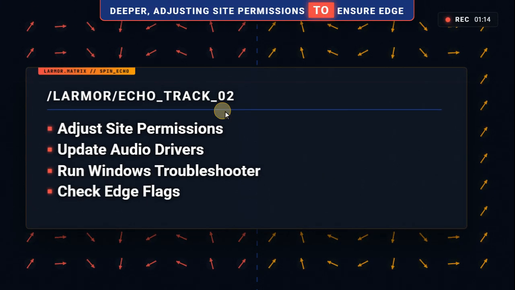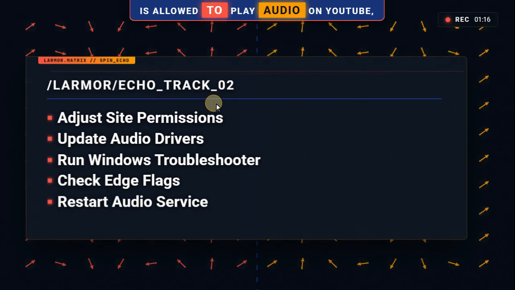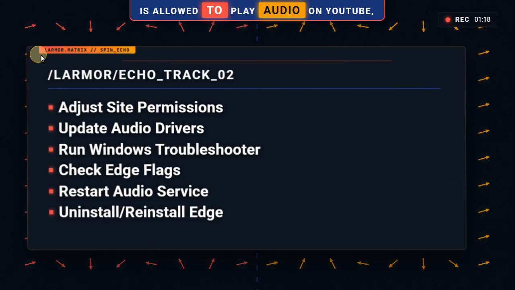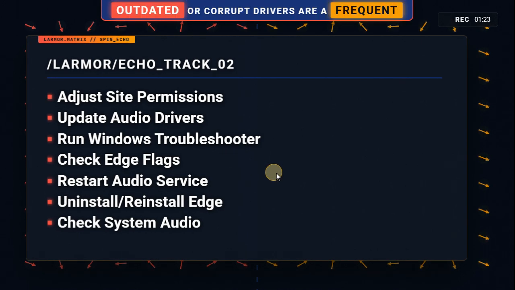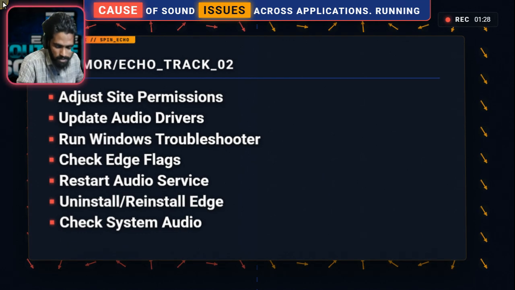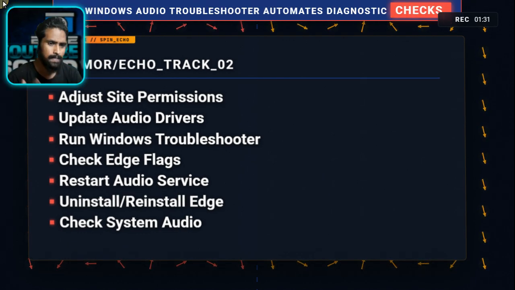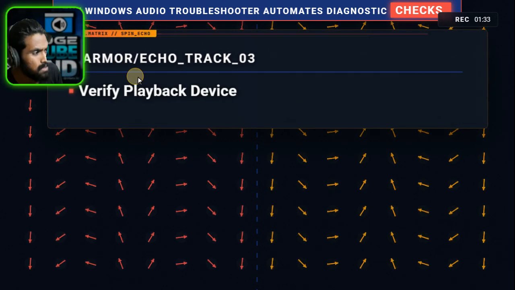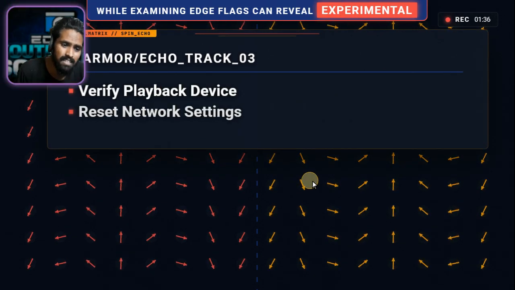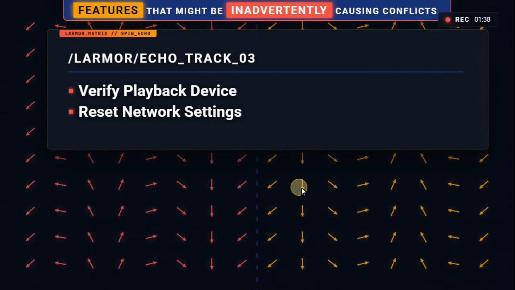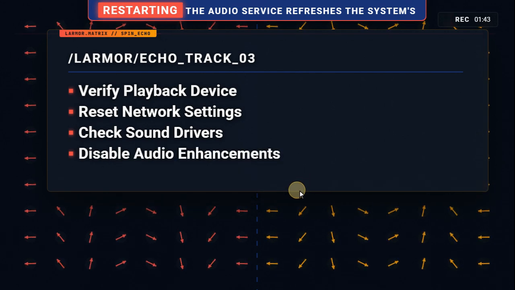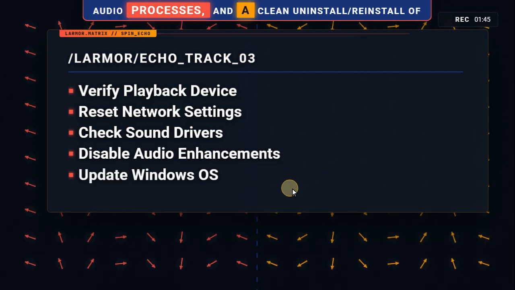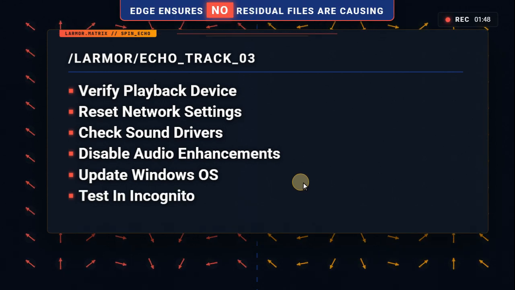Method 2 delves deeper, adjusting site permissions to ensure Edge is allowed to play audio on YouTube, and updating audio drivers is paramount as outdated or corrupt drivers are a frequent cause of sound issues across applications. Running the Windows Audio Troubleshooter automates diagnostic checks, while examining Edge flags can reveal experimental features that might be inadvertently causing conflicts. Restarting the audio service refreshes the system's audio processes, and a clean reinstall of Edge ensures no residual